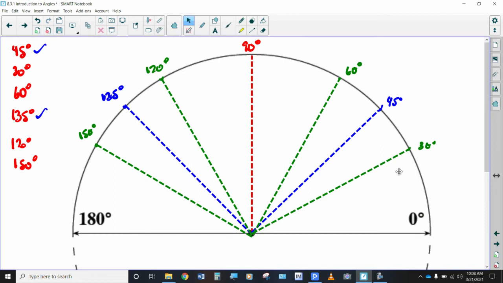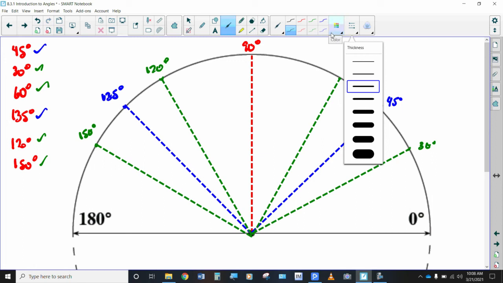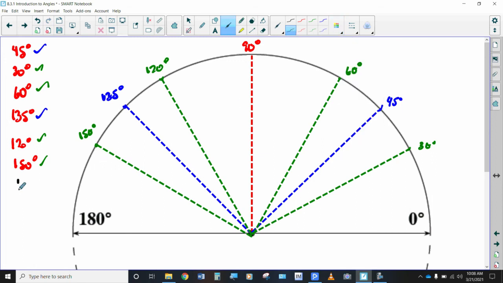All right, so we could do that, and we could take it even further. We could do a 15-degree. Hold on for a second. I've already done this one, and this one, and this one, and this one. Now let's do this one in black. We'll just do 15 degrees, and then maybe 75 degrees, and then maybe 105 degrees, and then maybe